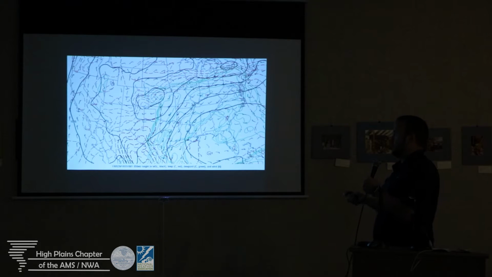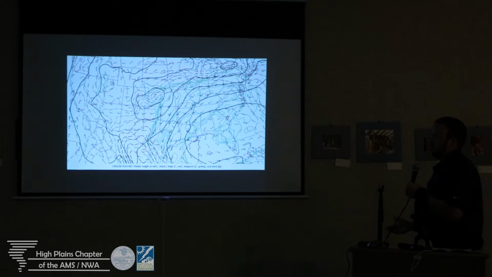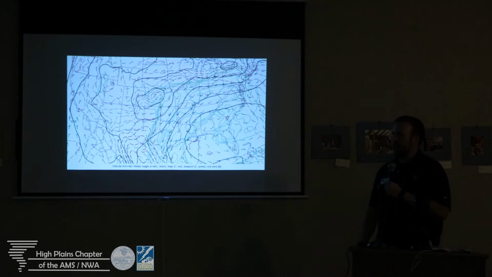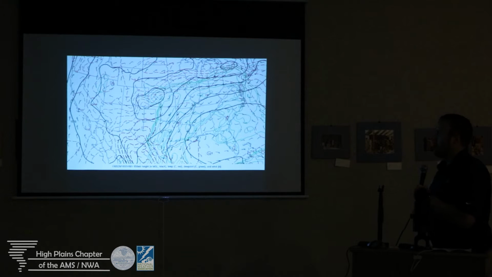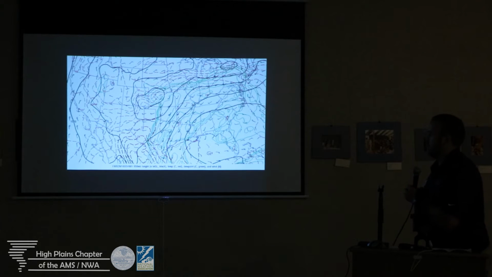Going a little bit lower, we're down to 850. We have a broad warm advective pattern across basically the eastern half of Kansas down into Oklahoma. So we do have some decent low-level moisture that's being advected northward, aided by a 25 to 30 knot low-level jet by